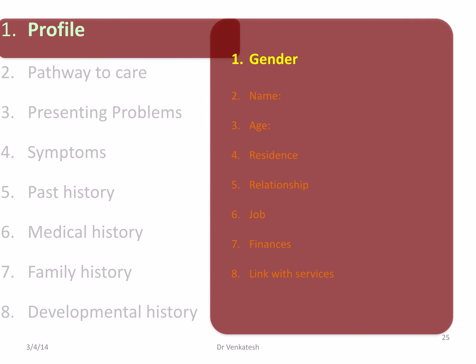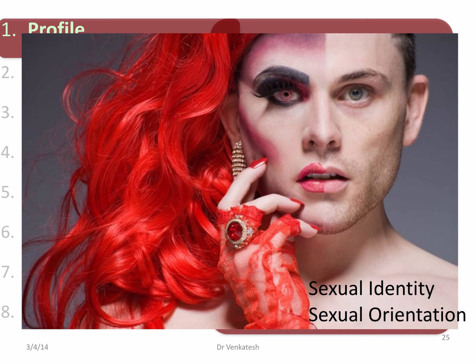Okay. Now, gender, obviously, is quite easy to recognize, and that itself would give you a clue about how you are going to interview, what issues you are going to inquire about, and how you are going to inquire. But when it is confusing, then the history would be much more interesting. If there are issues around sexual identity or sexual orientation, be upfront and be honest. Most patients would appreciate that, because that could be one of the core components which has been troubling this person for a long time. So if there is an issue, just go directly and ask about it in a sensitive and respectful manner, and explore the difficulties they